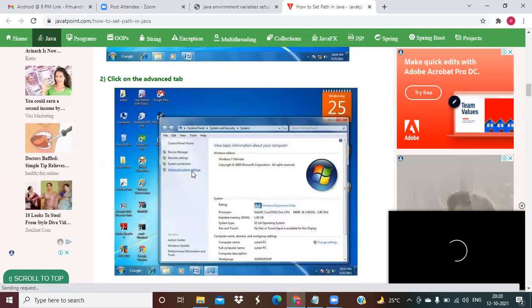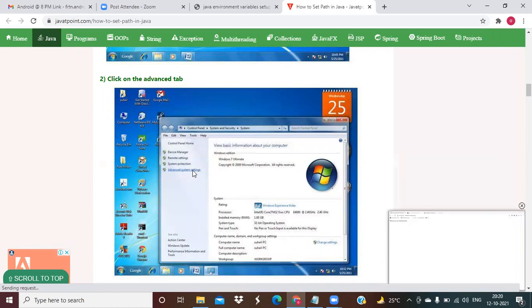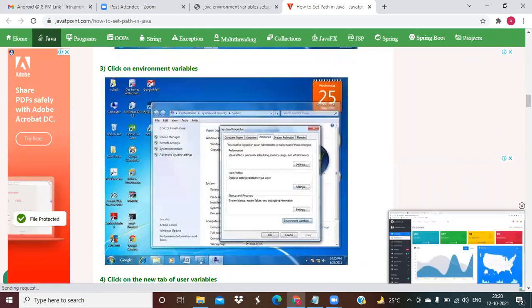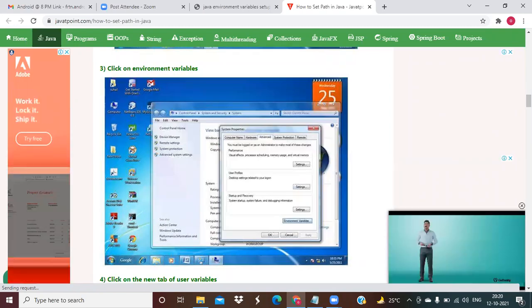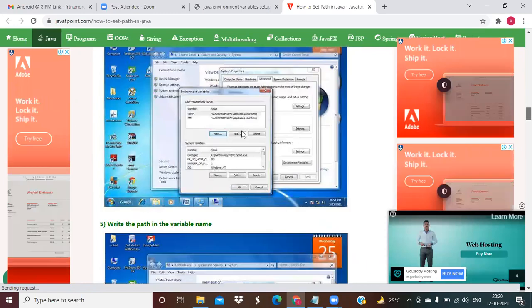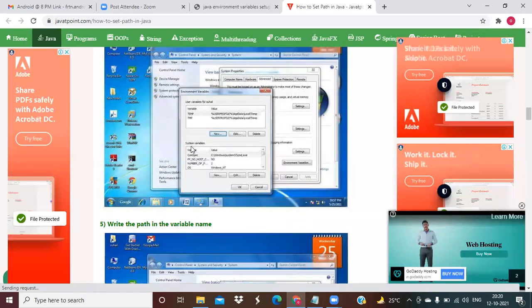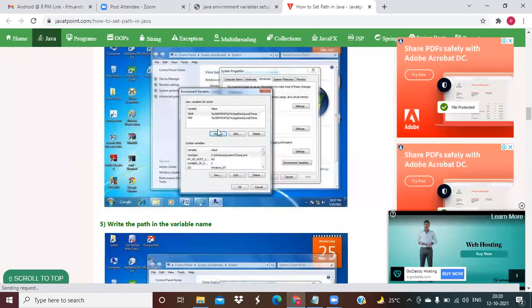Control panel, this one you will get. From there you will get environment variables. Go to the environment variables. You have to click on user variables and system variables. You need to configure in user variables.